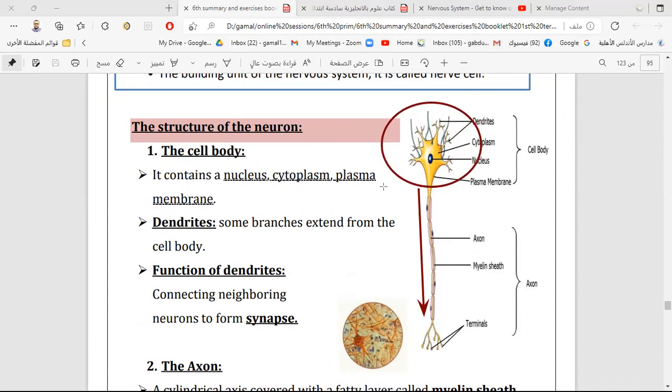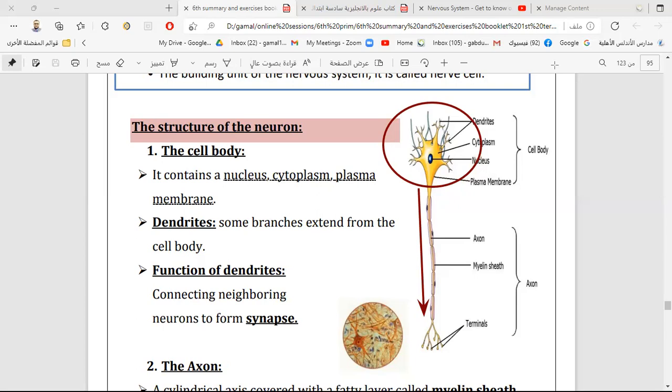This part of the cell, the cell body, is found in the brain. Millions of cell bodies are in the brain. So the brain is a nerve block made of millions of cells. The cell bodies of the nerve cells are all found in the brain. And then the axon extends in the nerve to every part of your body. It first extends in the spinal cord, then to all parts of the body. Is it okay?